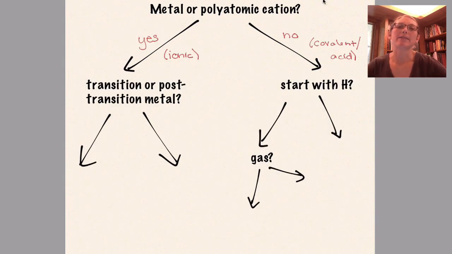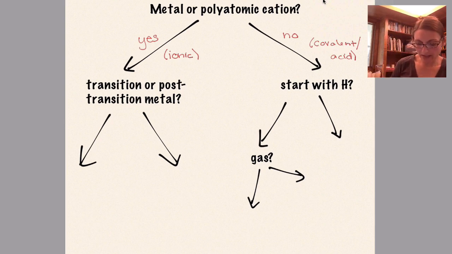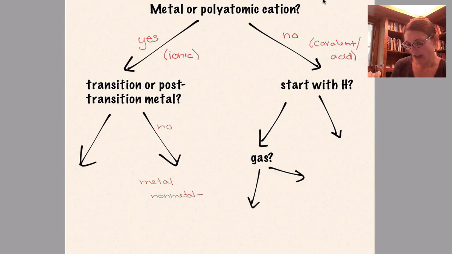So once you're ready to name something, the question was, does it have a metal or polyatomic cation? If the answer is yes, then you need to ask yourself, does it have a transition or post-transition metal, something that can have variable charge? If the answer is no, then you just have the most basic name. You're going to give your metal's name unchanged for that cation. And then for the non-metal, you're going to take that element's base name and add an -ide ending. So for example, if you have CaCl2, this is calcium